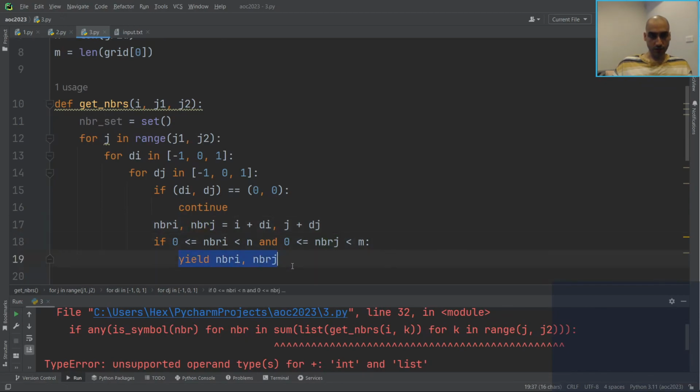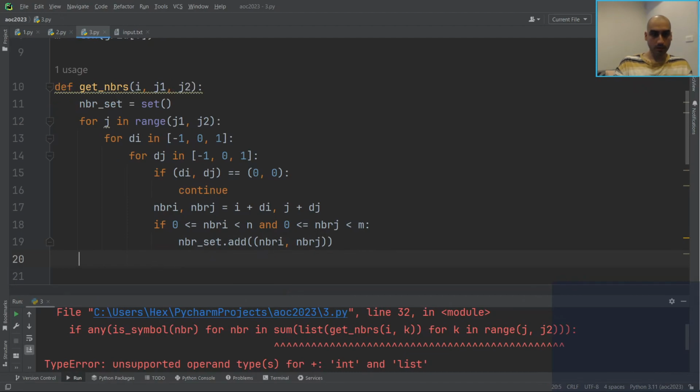And then just do neighbor set dot add neighbor i neighbor j. Okay, that will work. So this method is actually finding all the collection of neighbors around a row segment,